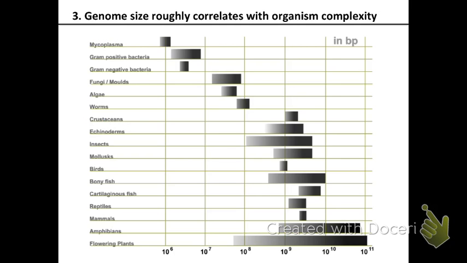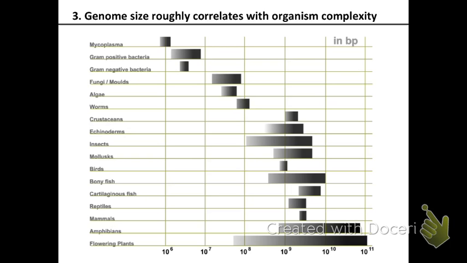Pretty cool. All right. So if DNA contains information, you would imagine that the more complex organisms that are going to require more information to make them will have bigger genome sizes, right? And roughly that's true. So small bacteria, etc., have smaller genomes, and larger animals like mammals or flowering plants have bigger genomes. But this is a rough positive correlation.